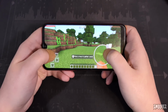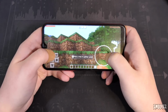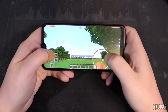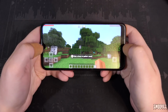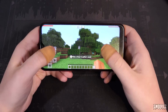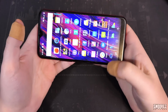Oh. I still think this would be an MT6580 with 2 gigs of RAM. I could be wrong though, but it seems to be rendering everything quite good. Everything looks fairly fine, to be honest. I mean, out in the open it's, you know, a lot smoother, and then you go back there and it's pretty laggy. But no, that passes the test, actually. That exceeded my expectations, actually, considering that the loading screen was really laggy, and yeah, this actually isn't too bad. The last one's Crazy Taxi, which...